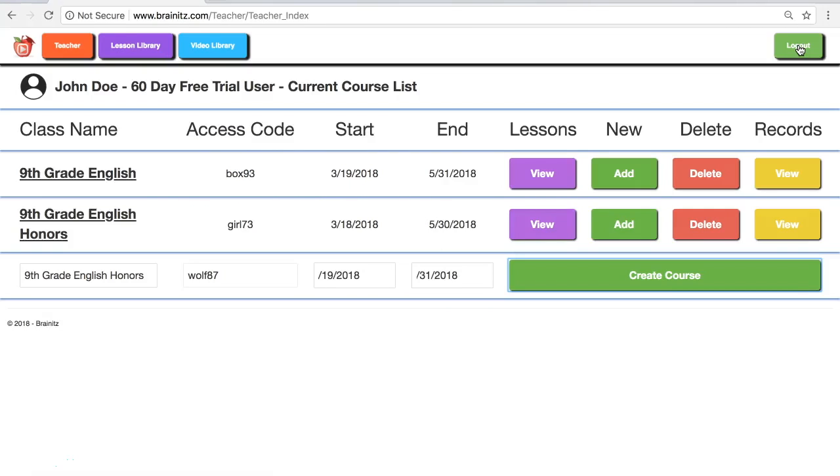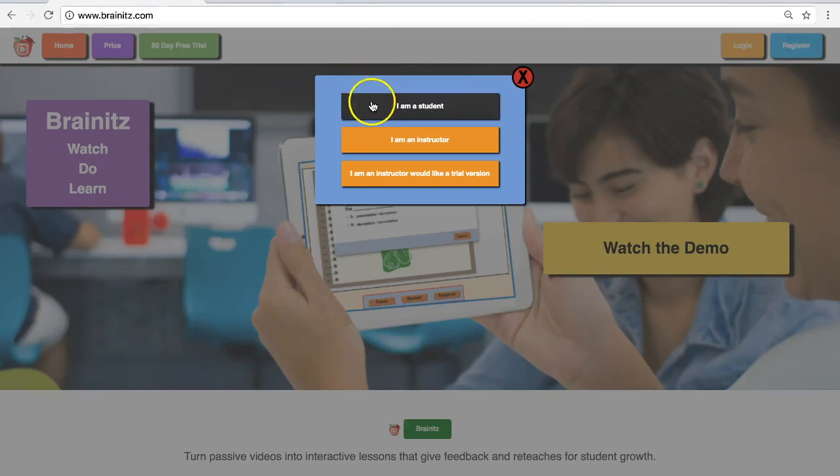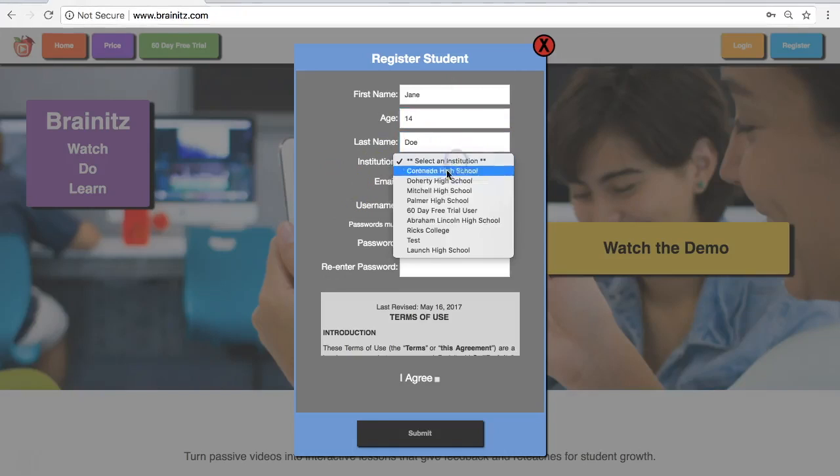Let's take a look at how a student will access your class. Students will simply register, fill in the information. If you have students under the age of 13, you must contact Brainitz and show that your school has parental approval for students to register for online programs. The students will click the institution that you registered for,